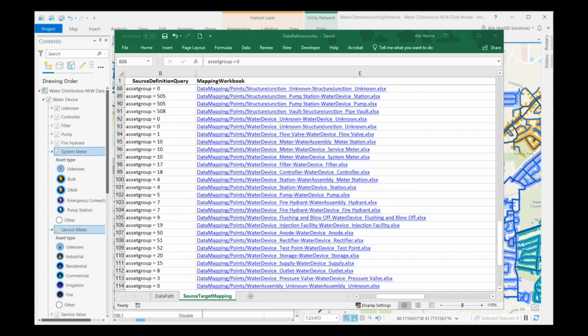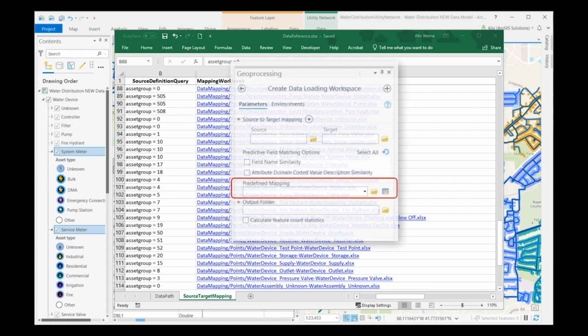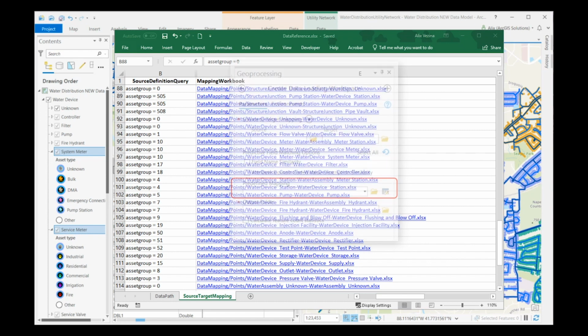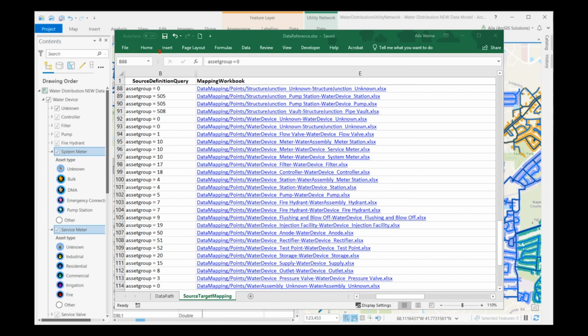Similar subtypes will generally be matched automatically by the tool, but if your subtypes have very different descriptions, or need to be split up into different target subtypes, the easiest way to start mapping them is using the predefined mapping table when creating your data loading workspace. You can match the asset groups and asset types accordingly, and further split up data using definition queries in the